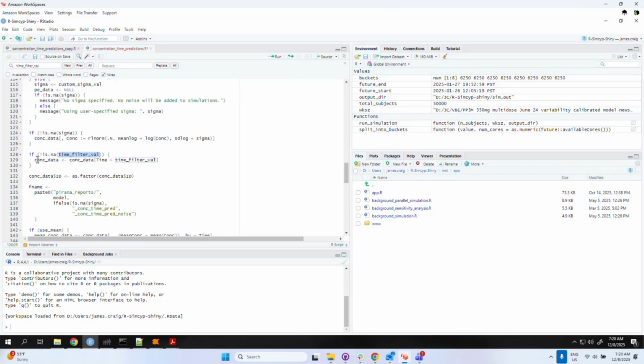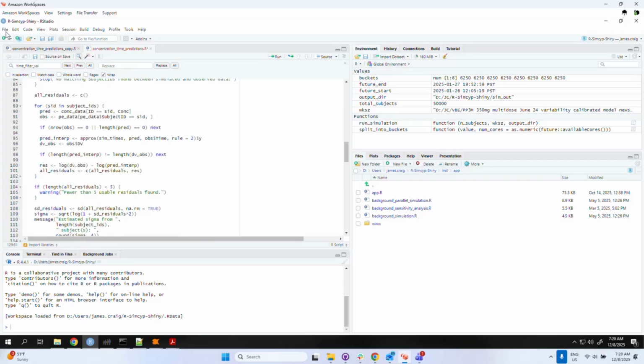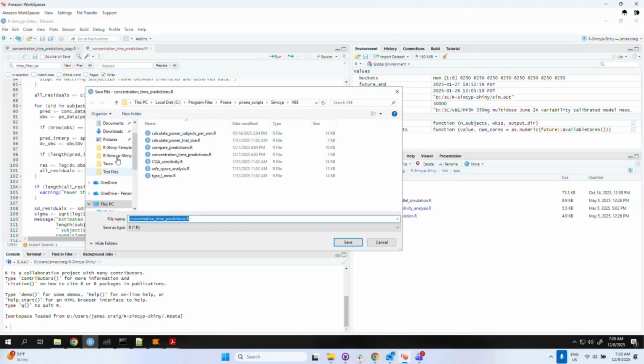You can see that I'm using it here just as a filter, right? So I would add that additional filter if we wanted an interval rather than just a limit here. And then I would just simply do File, Save As. Now I can save this script